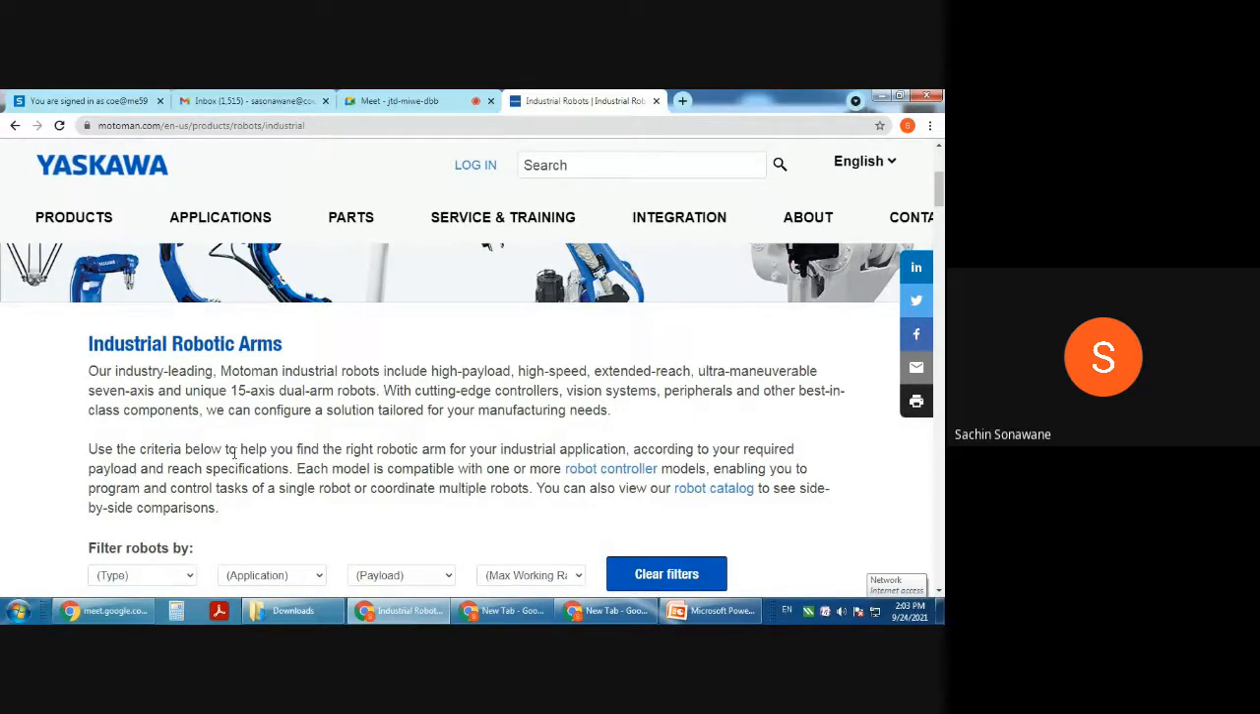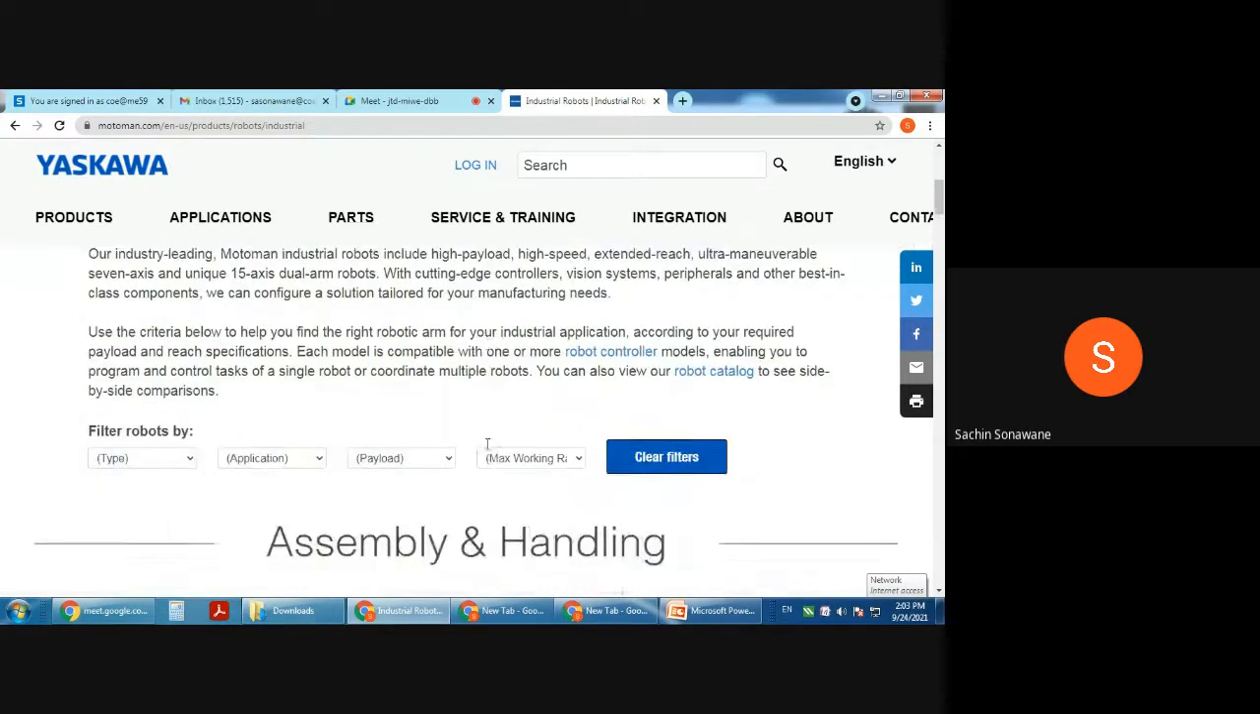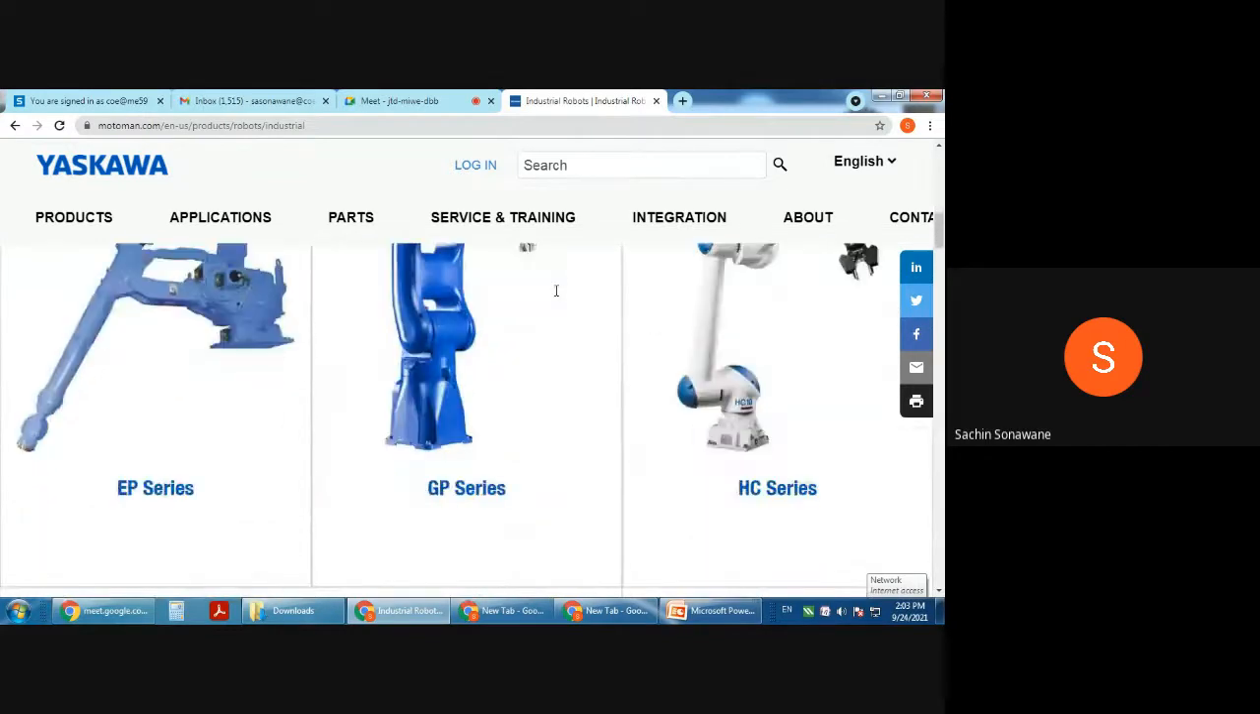Use the criteria below to help you find the right robotic arm for your industrial application according to your required payload and reach specifications. Each model is compatible with one or more robot controller models, enabling you to program and control tasks of a single robot or coordinate multiple robots. You can also view our robot catalog to see side by side comparisons. Now, first of all, you see this